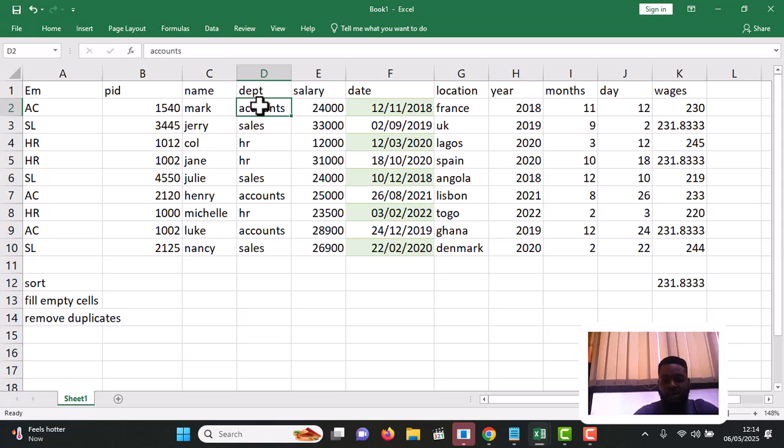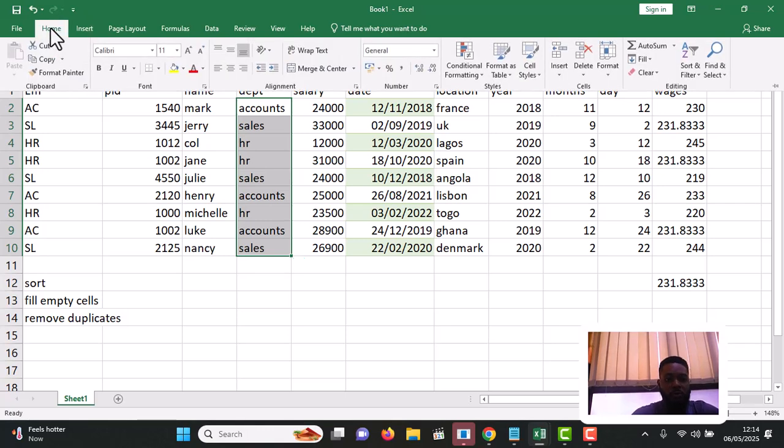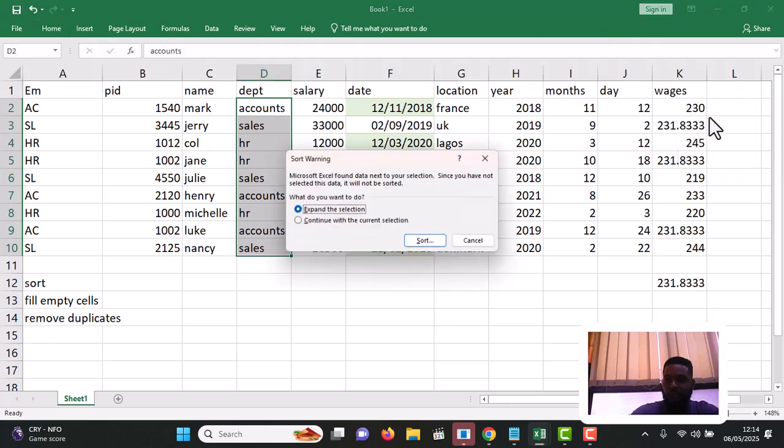So you can see I have to highlight my column. Then I go to home. Then I click on this guy here, sort and filter. Then I wouldn't click sort A to Z or sort Z to A. I'll click on custom sort. Now when I click on custom sort, I have to leave it here, which says